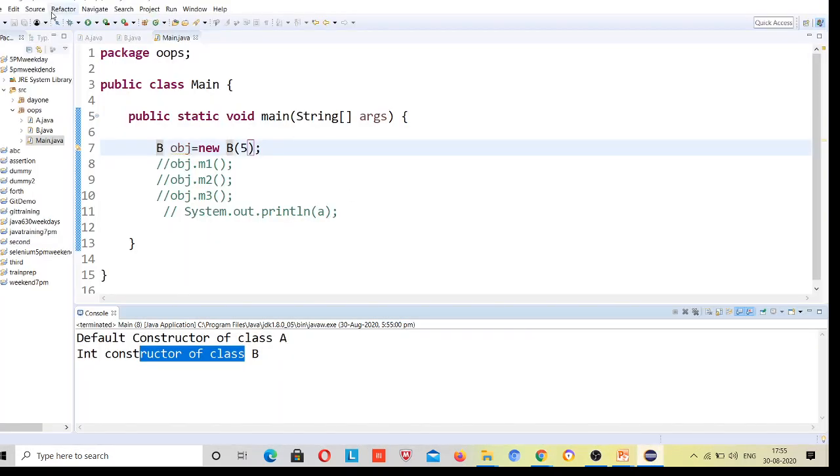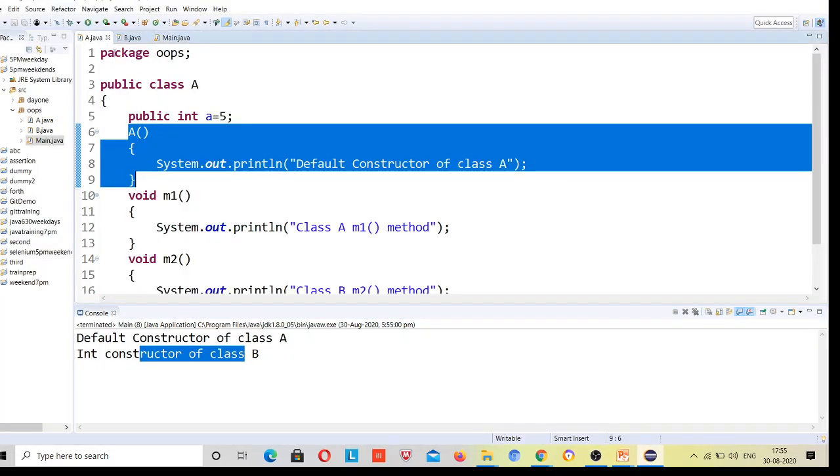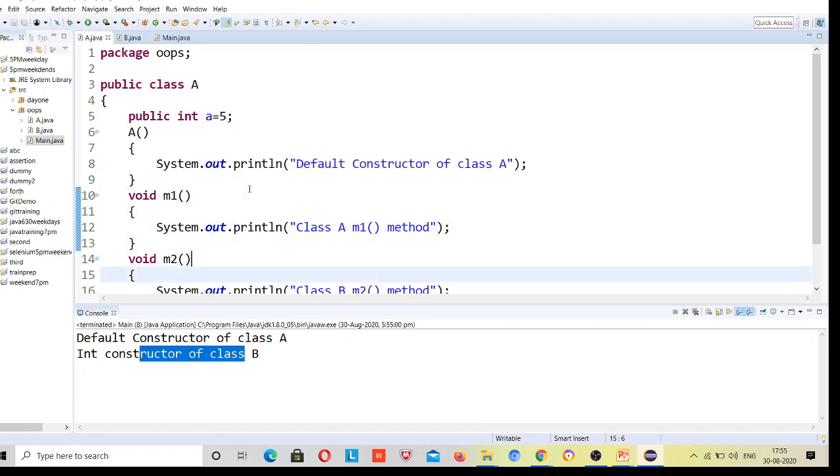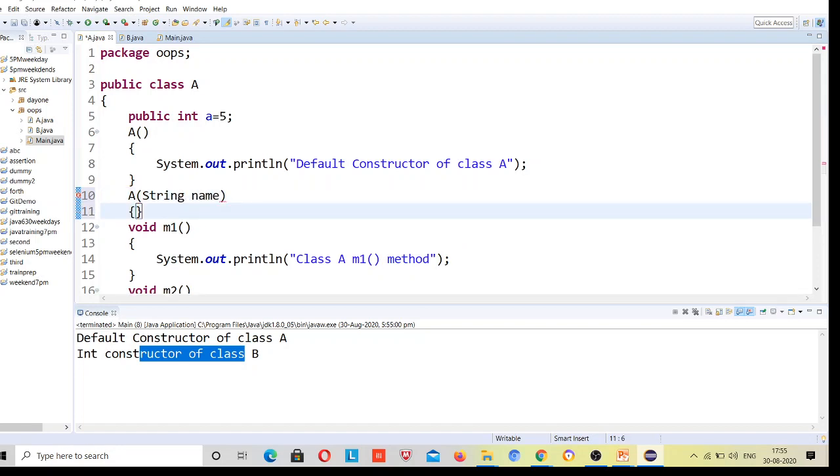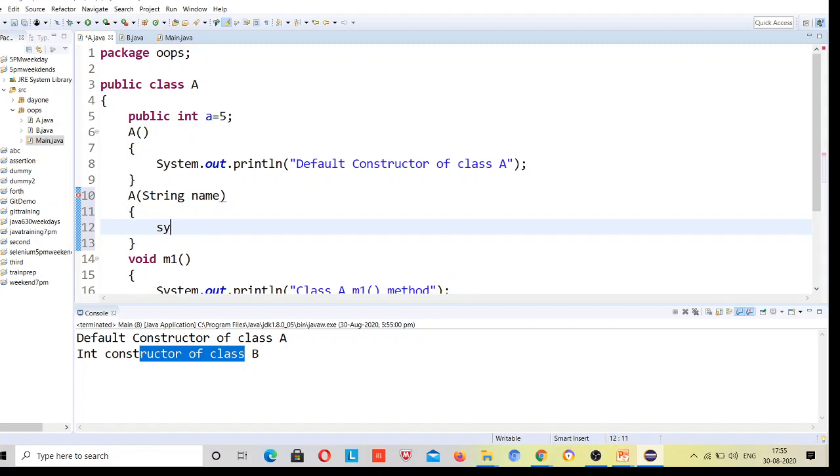Now, last week I covered this concept. Suppose in this class I have a constructor with one string parameter, string name, and here it will print name.